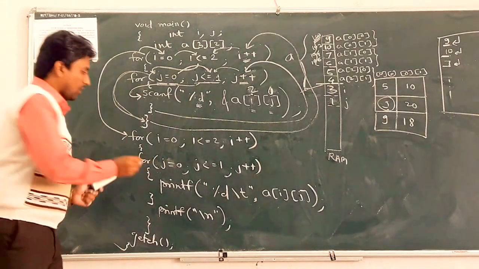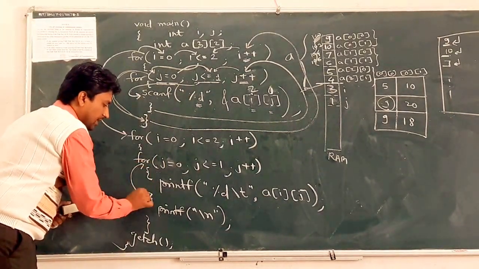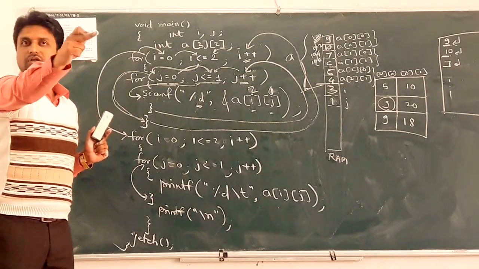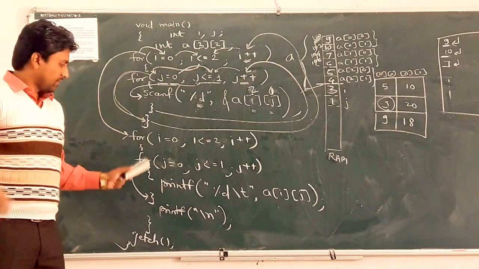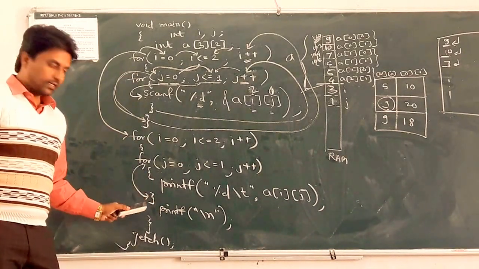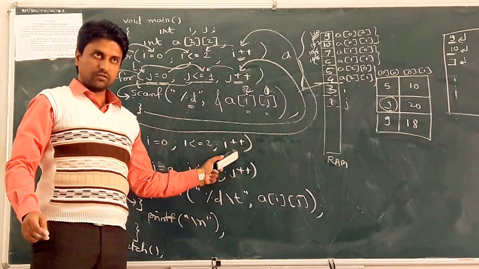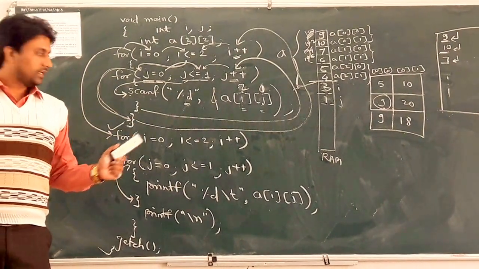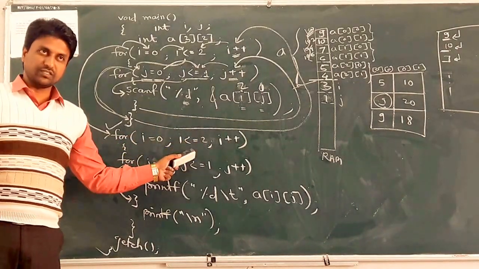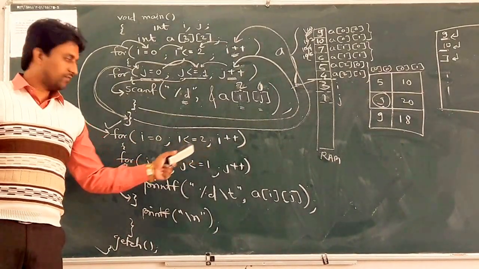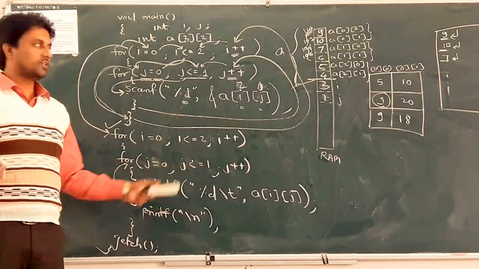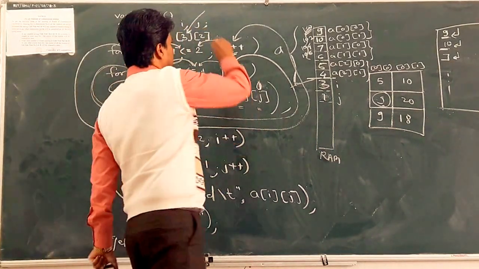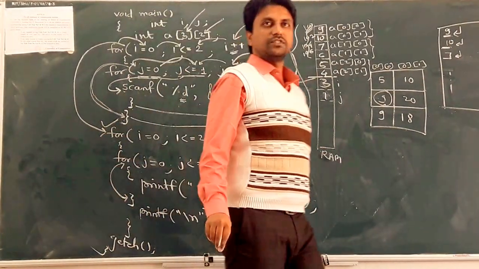Okay, so in a similar way we have to now print it. Clear? So always the inner for loop is executed, and the inner for loop either prints or scans one complete row. When a complete row is completed, then it goes to the next row. So the outer for loop is used for the number of rows. If the number of rows is 4, you can change it in the condition. If the number of columns changes, change that too. It depends on the problem. The first subscript gives you the number of rows, the second subscript gives you the number of columns.